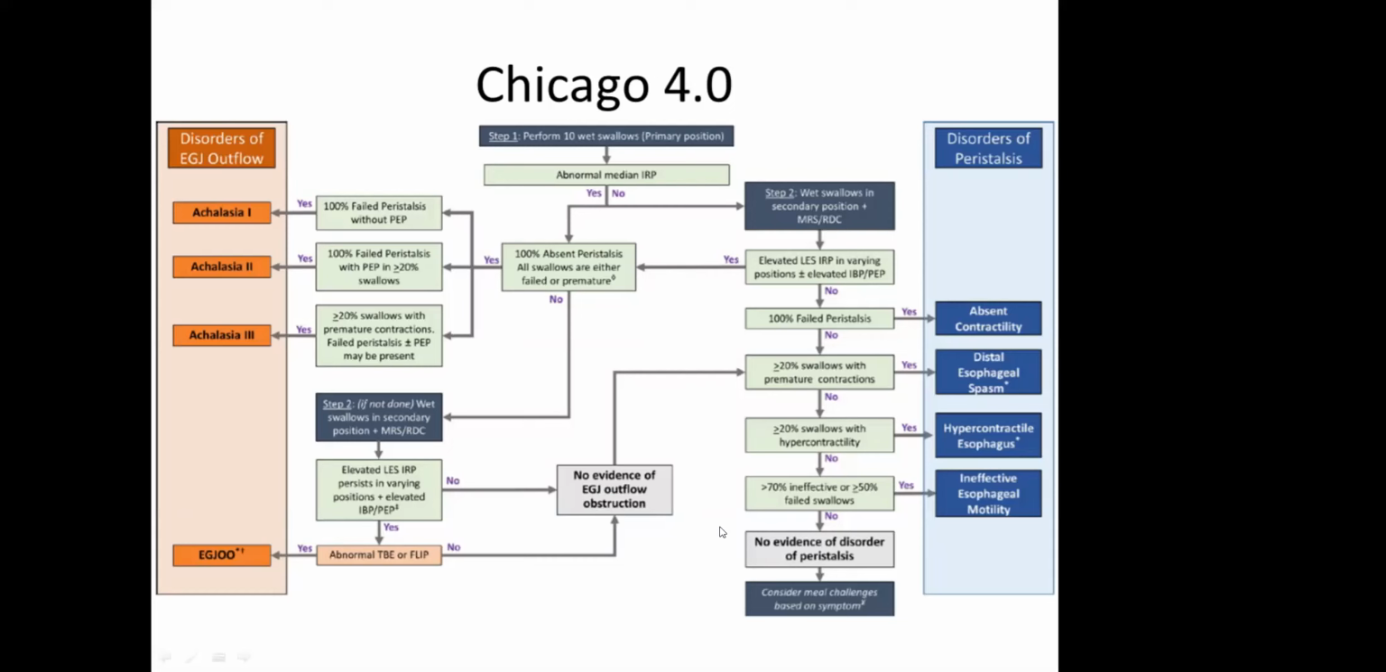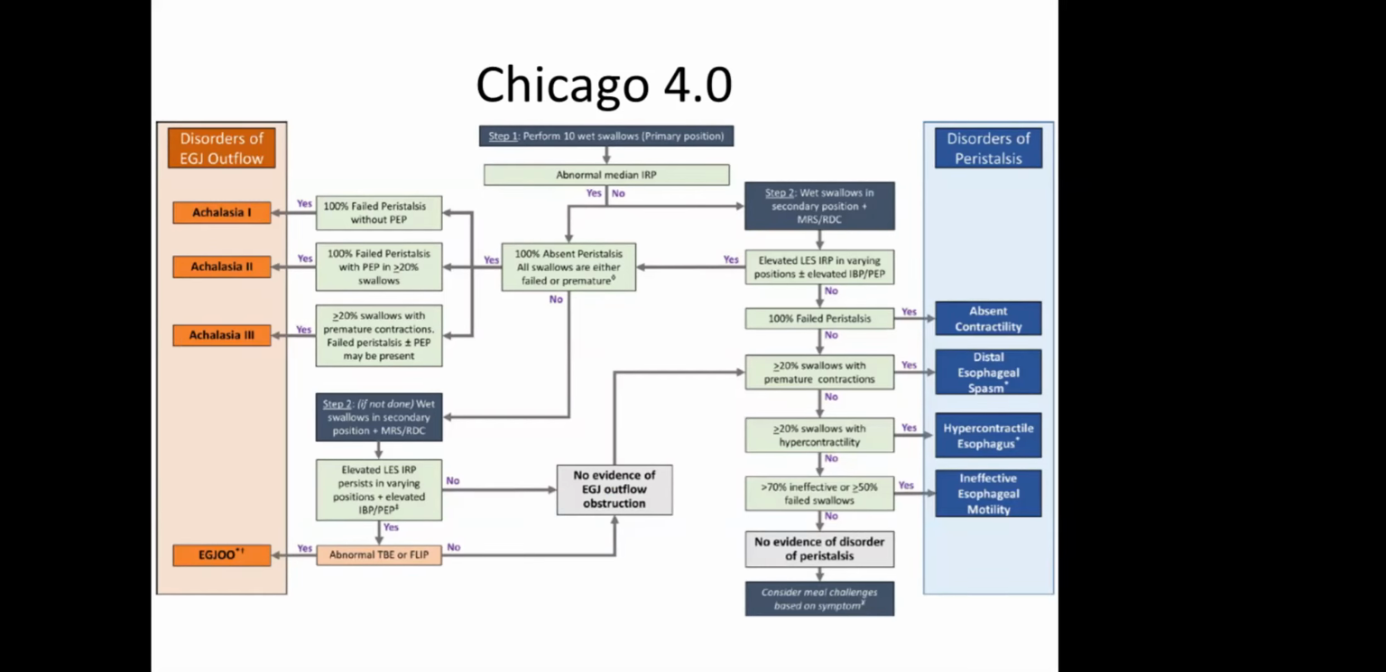So this is the approach being introduced by Chicago 4. Basically step 1 is the 10 wet swallows in a primary position. Primary position can be supine or upright, depending on patient tolerability. If there is any abnormality in the IRP, meaning if the IRP is raised, then step 2 is to proceed to wet swallows in the secondary position with multiple rapid swallow or rapid drink